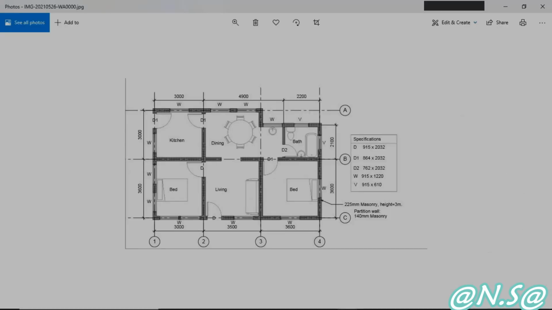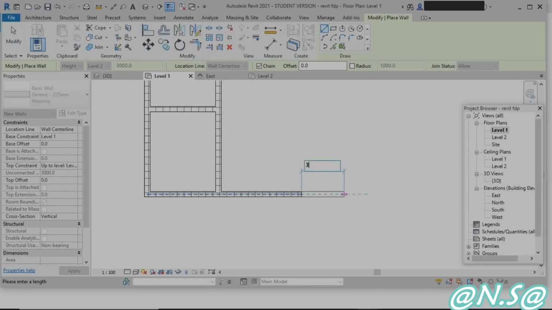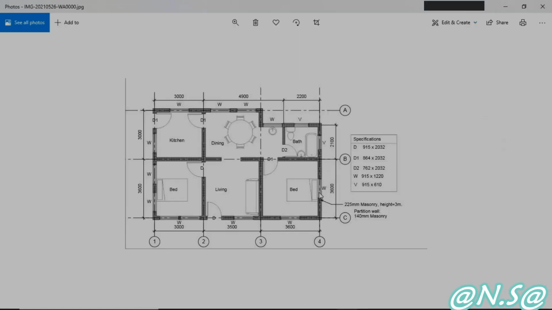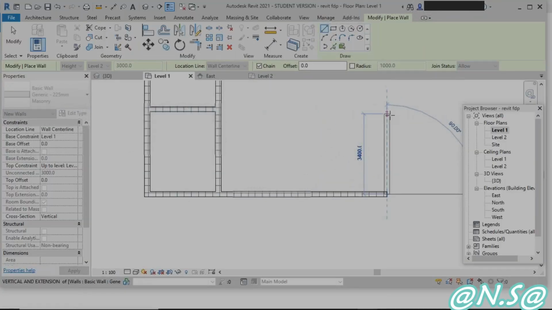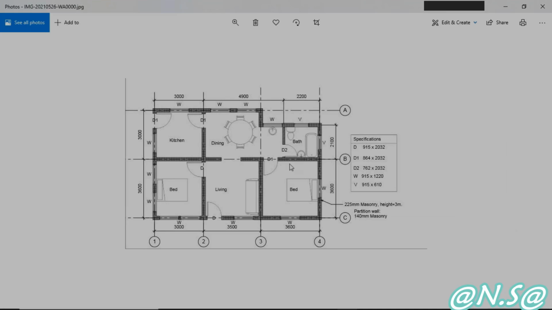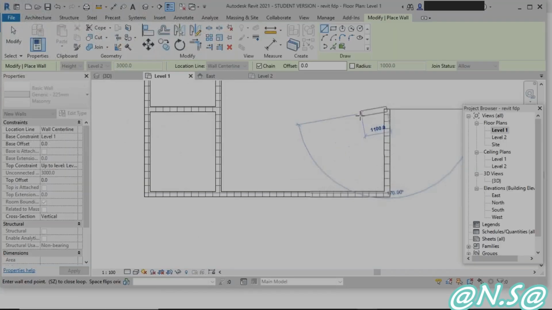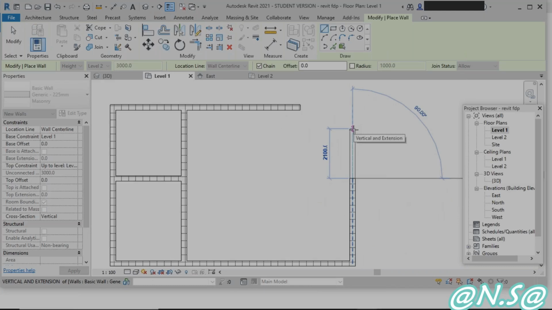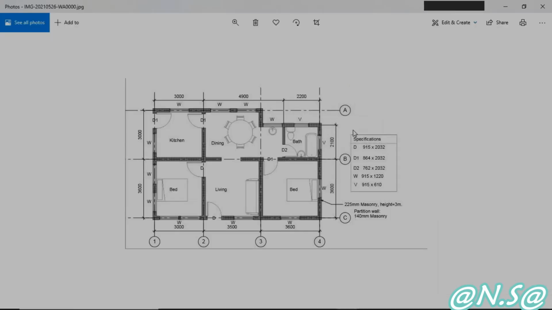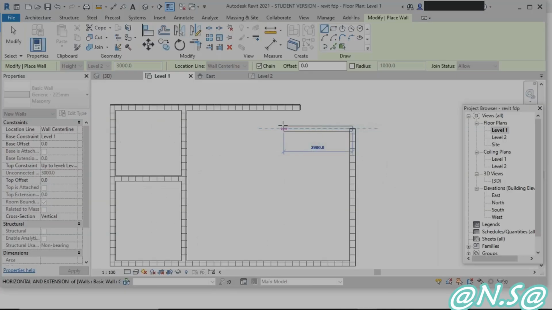and again 3600. Okay, next upwards 3600. Change the orientation, give the value of 3600. Okay, so next 2100. Okay, so next we have to go for 2200, this value for washroom. Okay,